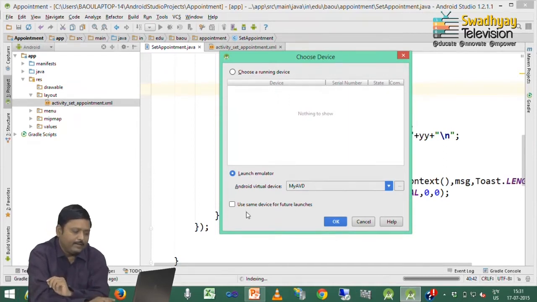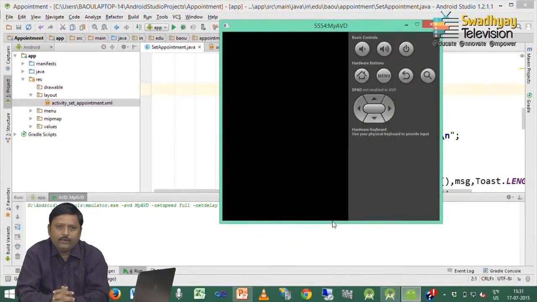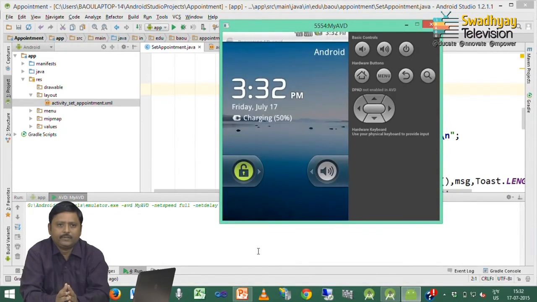So, I click this checkbox so that next time it will not open this dialog box, and then press OK to actually start the emulator. Here on screen you can see the emulator is started. Next it tries to launch our application inside this emulator. Whenever the emulator is started for the first time, it takes a long time, but then you have to minimize your emulator and then again launch your application.